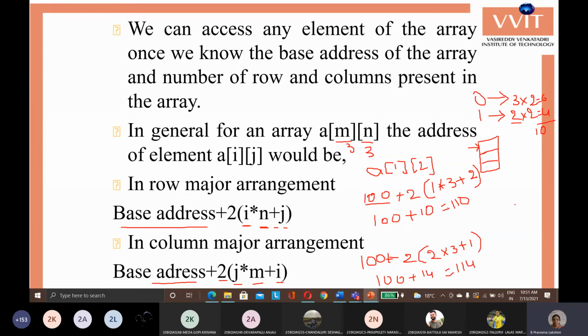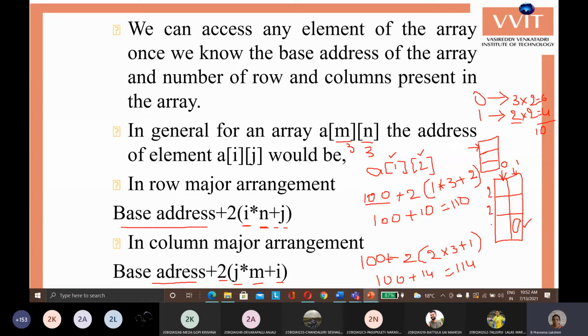Here you have the column arrangement, so the elements are like this. First it takes 3 elements. Here this 1 is the column and 2 is the row, so this is the 0th column and this is the 1st column. It takes the first column, third row value, this is the value you are requesting. So you are finding out the address of this value.